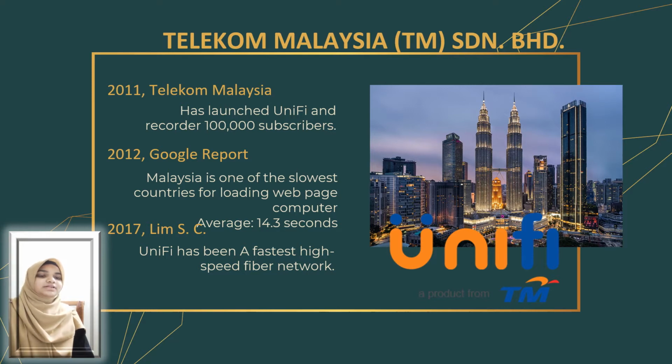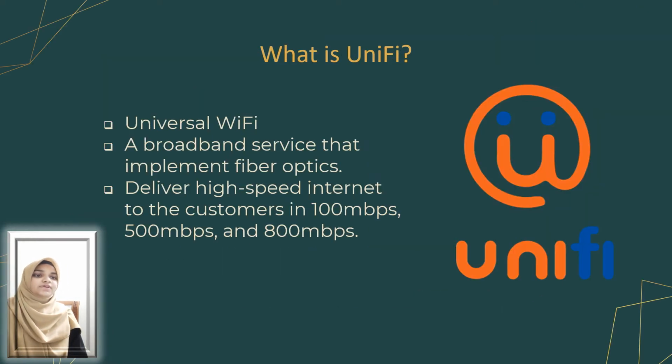According to Google, reported in 2012, Malaysia was one of the slowest countries for loading web pages on computers, with an average of 14.3 seconds. Once Unifi was rolled out, it broke records as the fastest high-speed fiber network. Unifi, short for Universal Wi-Fi, is a broadband service that implements fiber optic in delivering high-speed internet